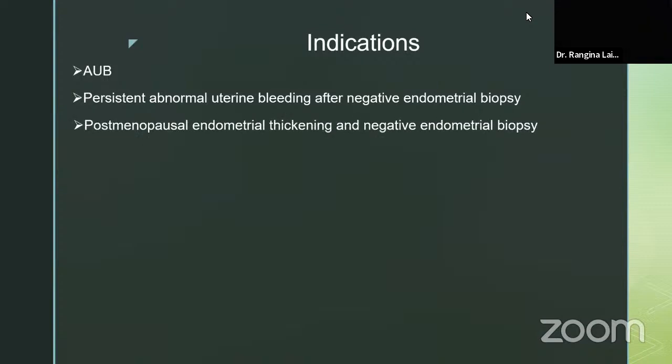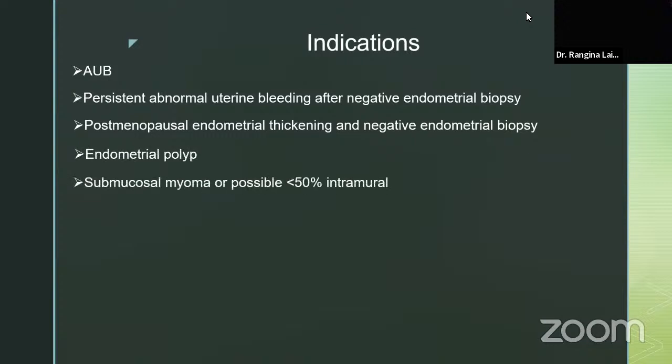In postmenopausal endometrial thickening, I have just shared my view about it. Endometrial polyp, I have talked about it. Submucosal myoma, yes. There are lots of studies which say that myomas around 3 centimeters we can remove hysteroscopically. But in my clinical practice, even my registrar has joined us today, Dr. Ritu Subedi, we have done even submucosal fibroids up to 5 centimeters hysteroscopically, although we did the case in 2 sittings. And uterine septum, it's very important.